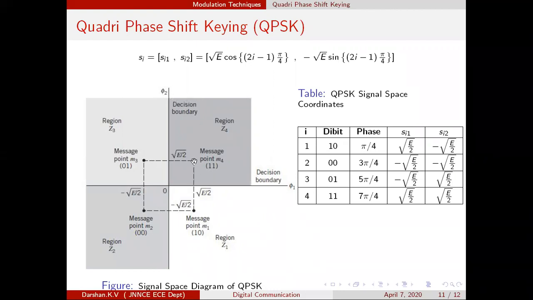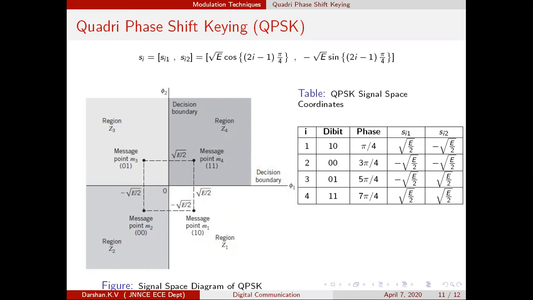So around every message we will have a decision boundary. Just observe, for message point 1, the decision boundary is the entire fourth quadrant. For message 2, the entire third quadrant. For message 3, the second. For message 4, the first quadrant. This is how they have developed the geometrical representation for the signal, and the boundaries. With this knowledge, one can analyze the performance of the system, that is, the probability of error.